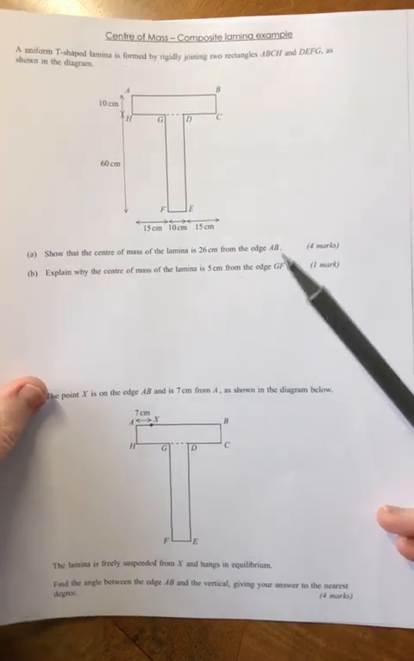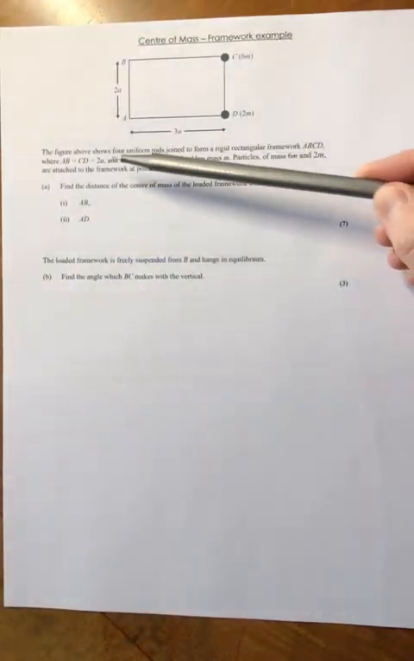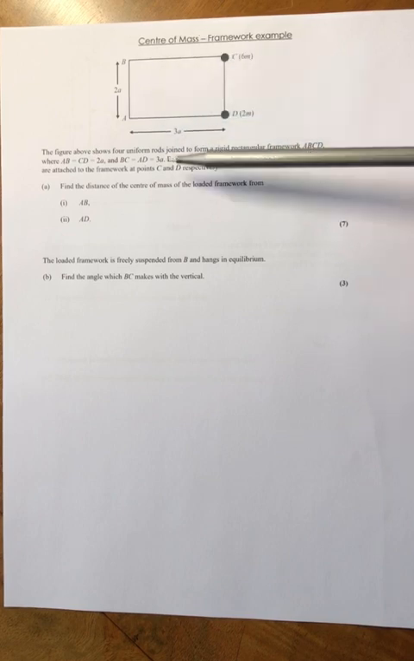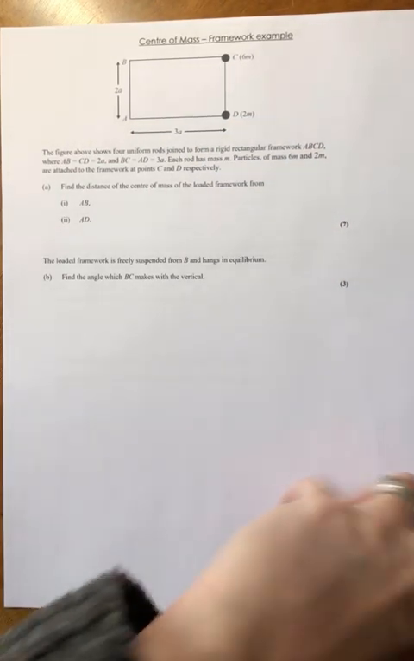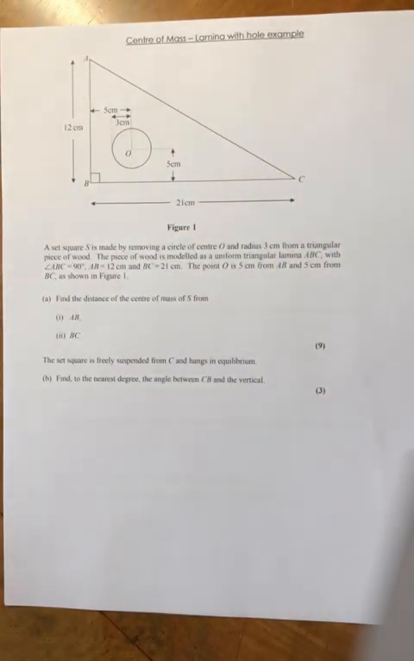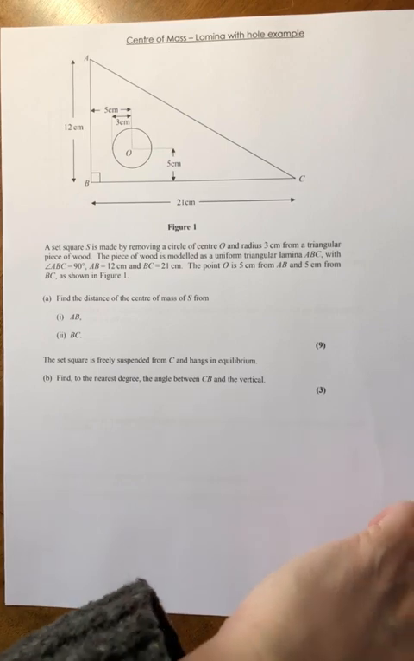Second one is going to be a framework example, made up of a series of rods. Again, we've got a suspension. Third one will involve a shape with a hole, a triangle and a circle. And the last one,